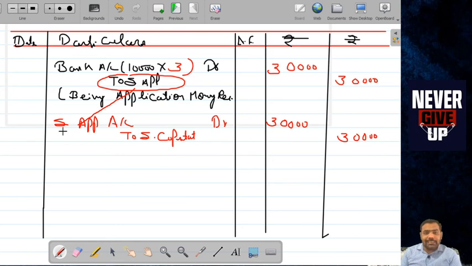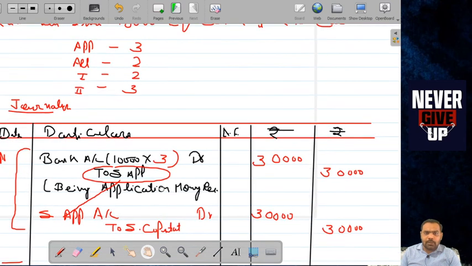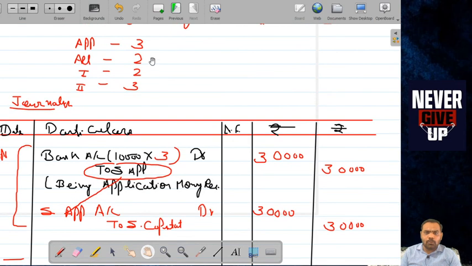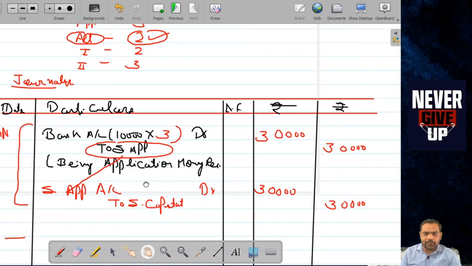Then we ask about the second installment. This is our first installment, and the company asked for application, then allotted shares. Then the company asked for its second installment. The name of the second installment is allotment, and the price is rupees 2, and the number of shares is 10,000. Let's generalize it.